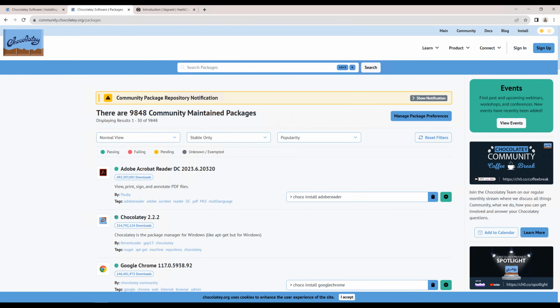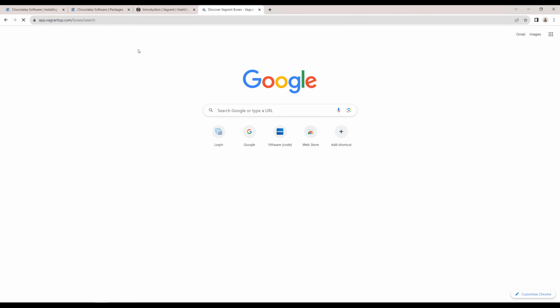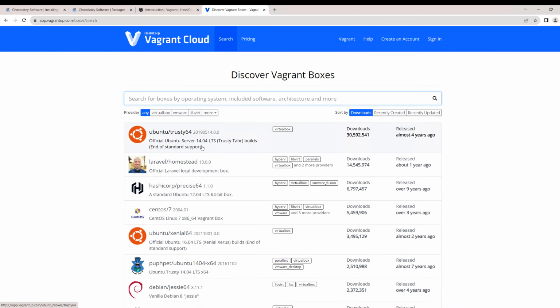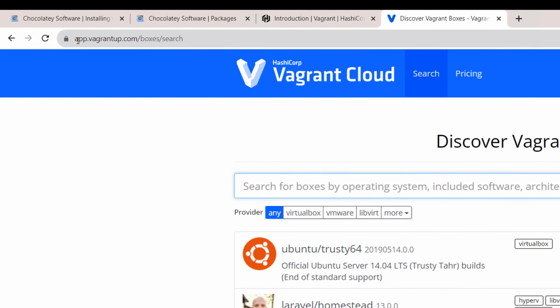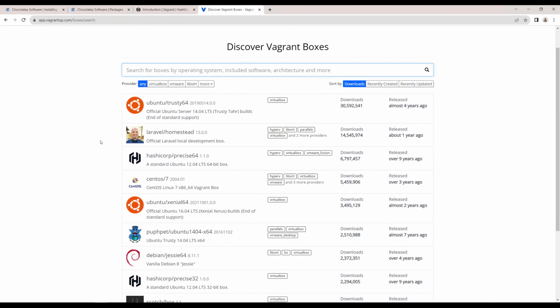So Vagrant also has somewhat of a package manager, but it's more of an ISO manager. They're called boxes, and you can install them from app.vagrantup.com/boxes, and you'll be able to install any image you'd like here. Most of these are developed by other individuals. Some of them are customized, some of them are not. In this case, we're going to go ahead and install this one in particular,